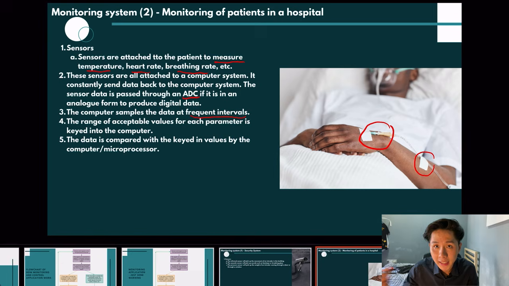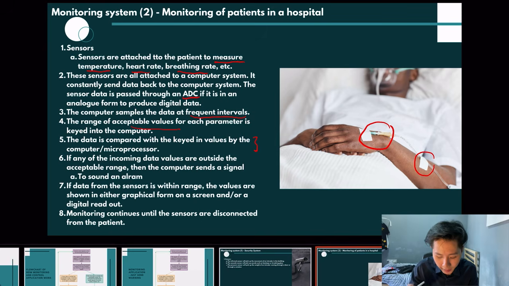That means they take in values every once in a while, and the range of acceptable values for each parameter is then keyed into the computer, and the data received by the sensors is compared with what is in the computer. And if any of the incoming data values are outside of the acceptable range, again, the computer only sends a signal, only sends a warning. Like in this case, they sound an alarm that, oh, the patient is in